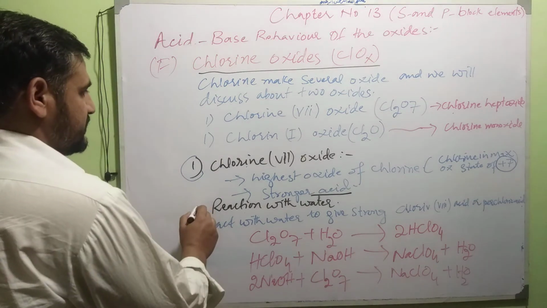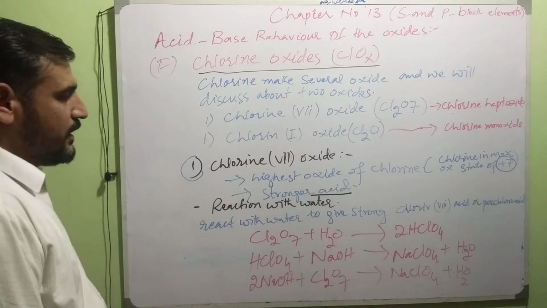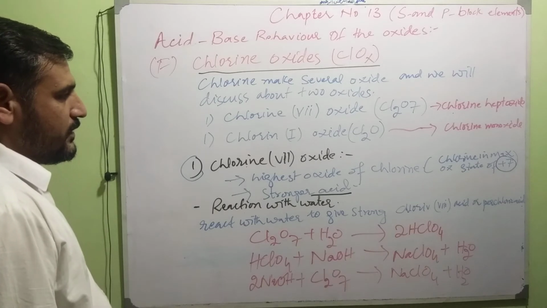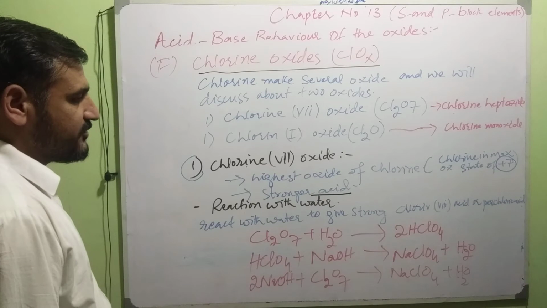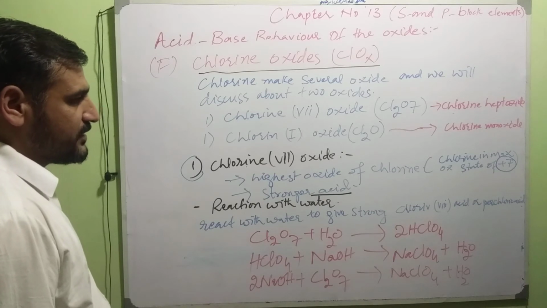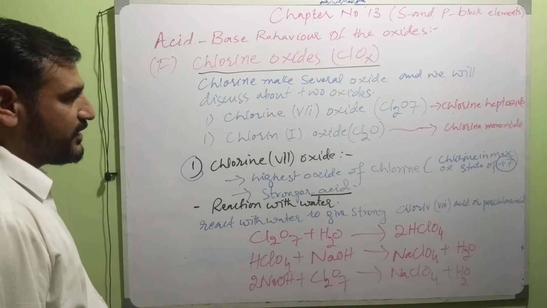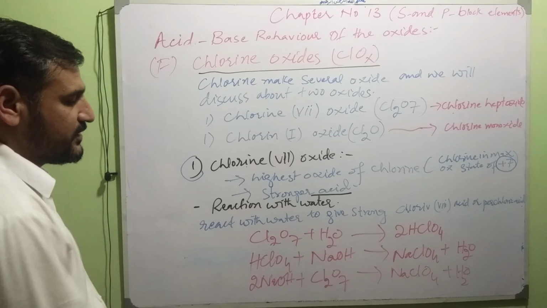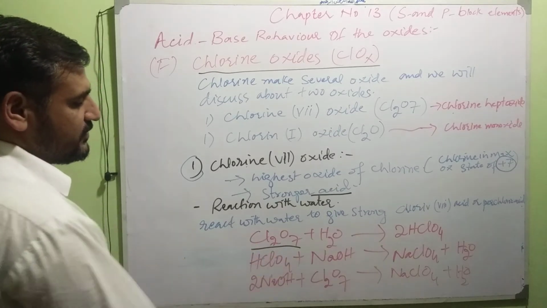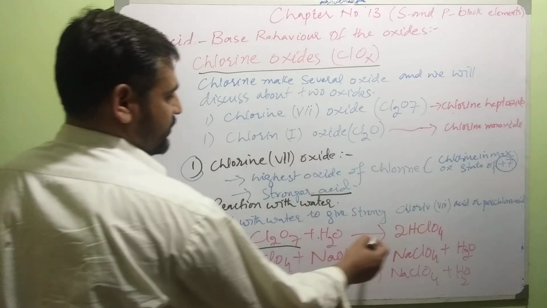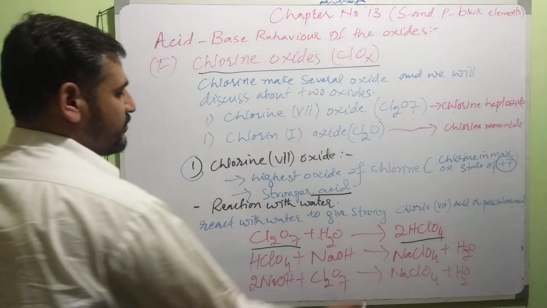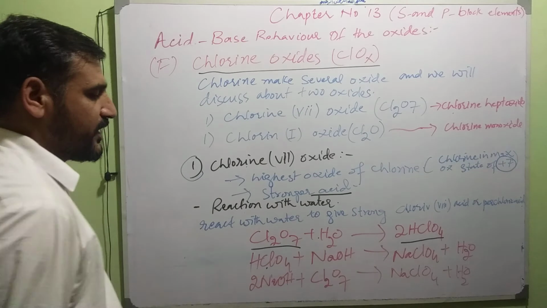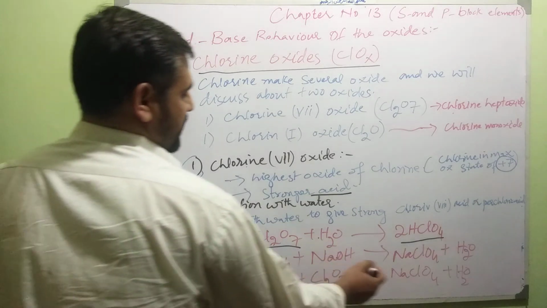Reaction with water. Chlorine heptoxide reacts with water to give chloric 7 acid, or perchloric acid. Chlorine 7 oxide reacts with water to give perchloric acid, and this perchloric acid reacts with base to make